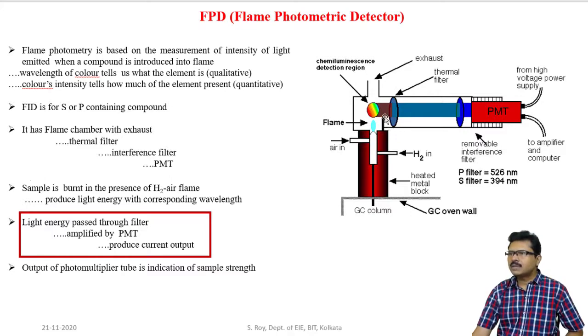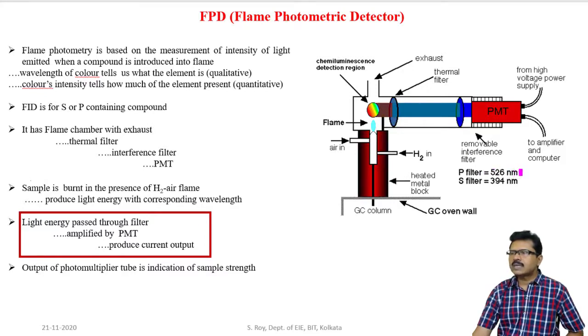Function of this thermal filter is to allow only visible and ultraviolet rays. Monochromators are normally used as the interface filter. This interface filter will allow light energy with a single wavelength. Say when we want to detect whether there is phosphorus element in the sample or not, in that case, a specific filter or a specific monochromator should be used which will allow only a light energy